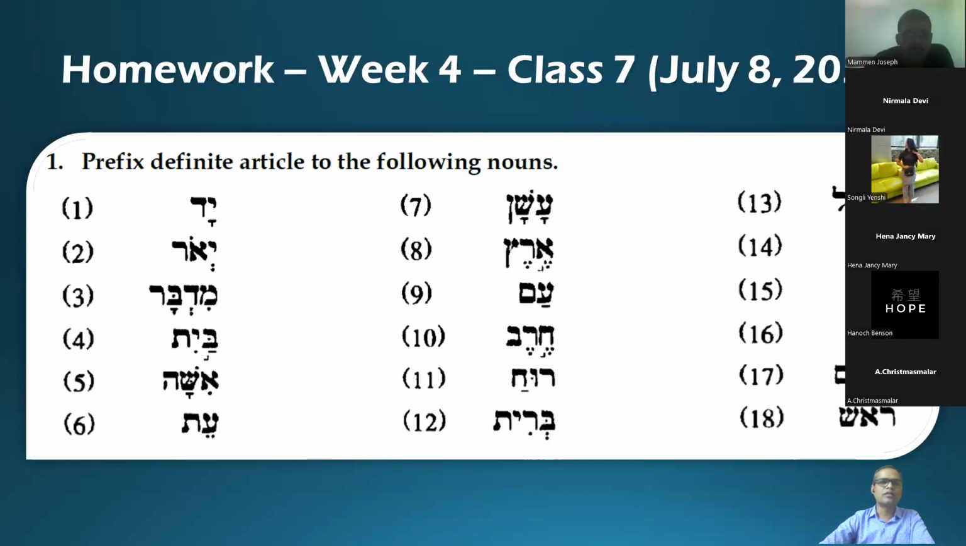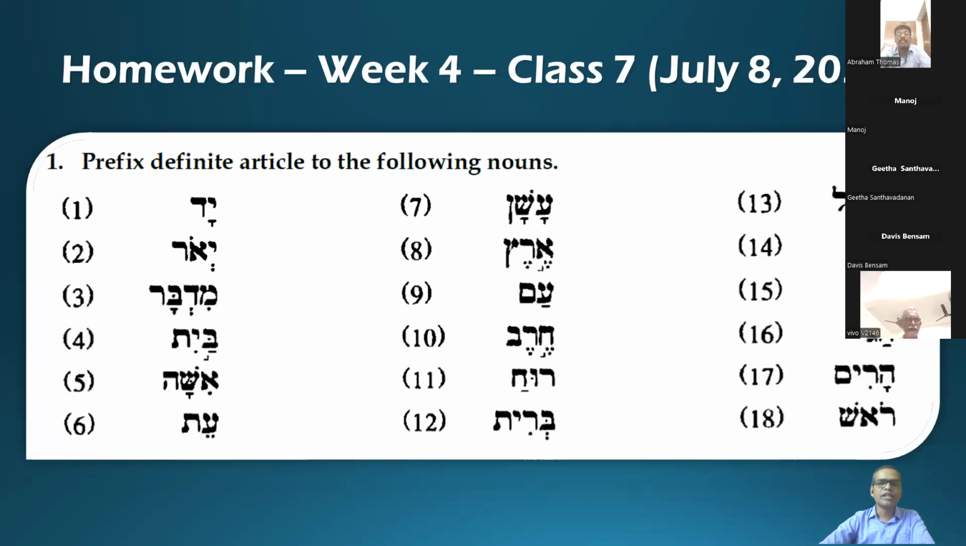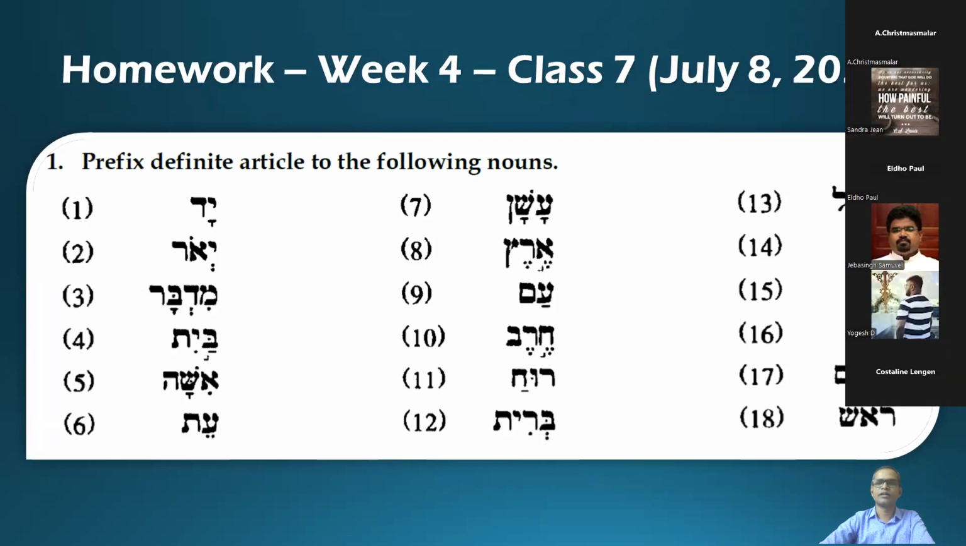All right. So now we will look at the exercises that we have done. Prefix a definite article to the following noun. Okay, before that, any doubts with regard to what we have discussed? The separable prepositions and especially the preposition min. Okay. All right. So if you don't have any questions,